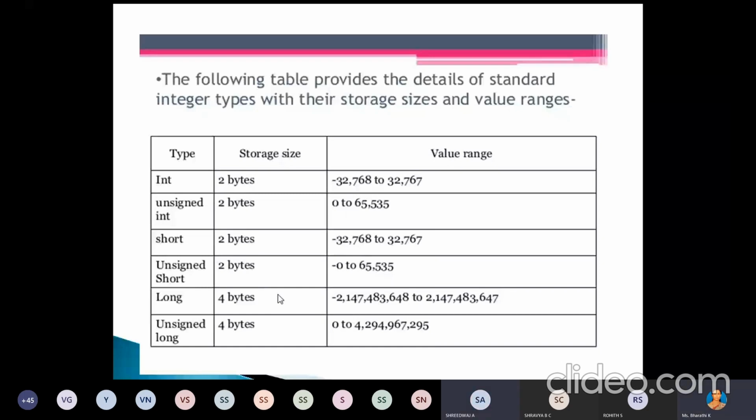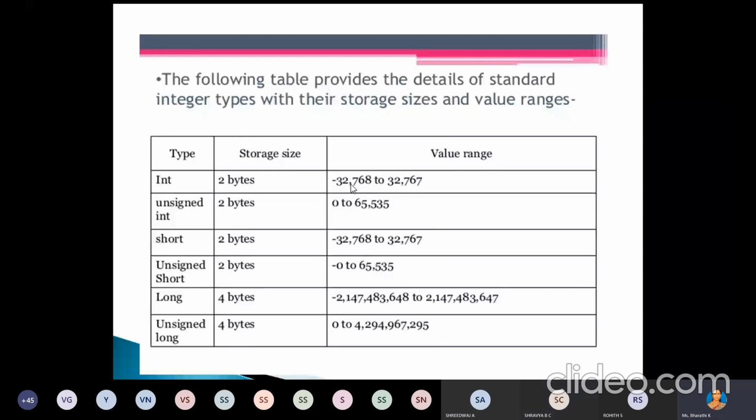See, in int, the range is from -32,768 to 32,767, so the memory location holds negative and positive numbers.